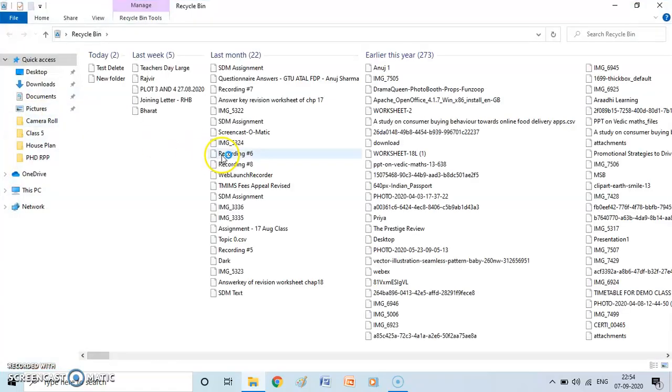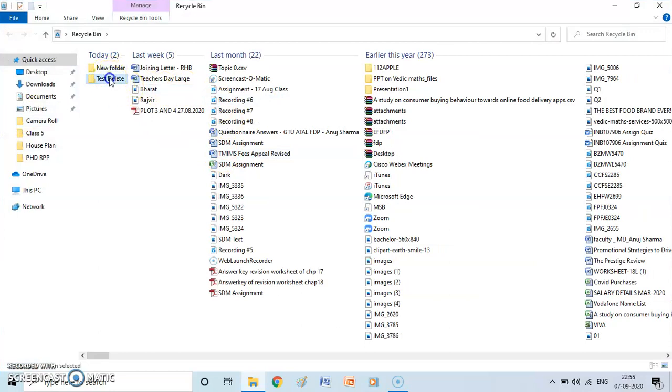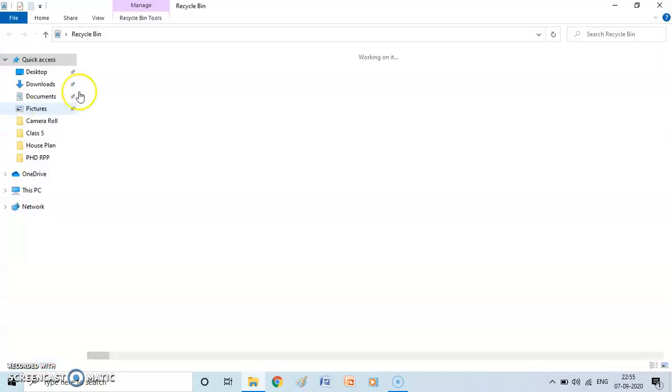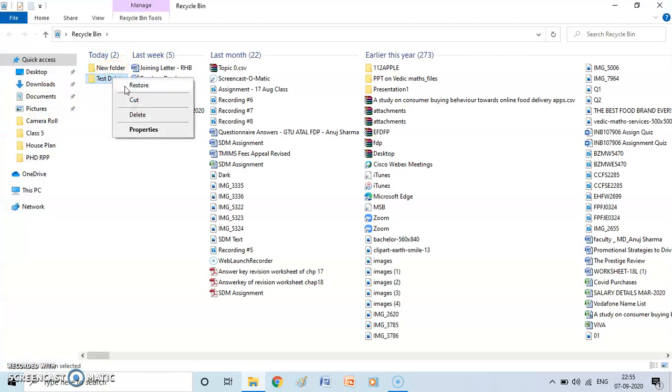So if I go to the recycle bin, see, this folder is there, test delete, because this is the one that I just deleted. Now if I want to recover this folder, I simply have to right click on it and click restore. See, it will again come back to the desktop. Why does this happen? Sometimes by mistake you might press the delete key, so it goes to the recycle bin and you can go and restore it. So recycle bin provides a safety cover to the deleted files and folders. If I do not want to delete this folder but by mistake it gets deleted, I can go back to the recycle bin and restore it.